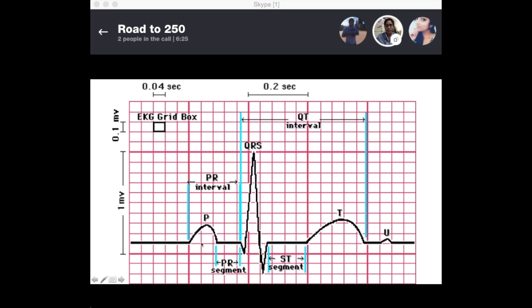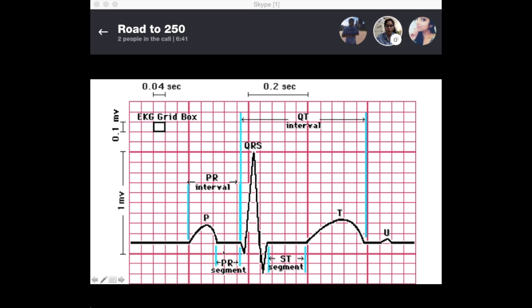This is step 3, looking closer at the PR interval to see if it looks normal or abnormal. The normal would be indicated by 3 to 5 boxes starting from the P to the R,